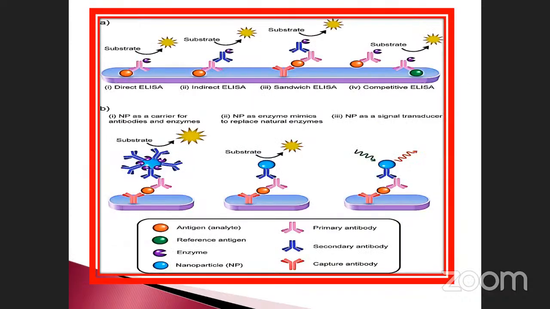So these are the things: antigen, antibody, enzyme, and also substrate. When the enzyme combines with the substrate molecule, it will produce the product. Suppose the product's color changes, blue to orange. So when the color changes, the person is suffering from AIDS. If it is not changed, it is not a confirmation. The color change also depends directly on the severity of the disease. There is the primary antibody, secondary antibody, capture antibody. There are so many things. You don't need these things.